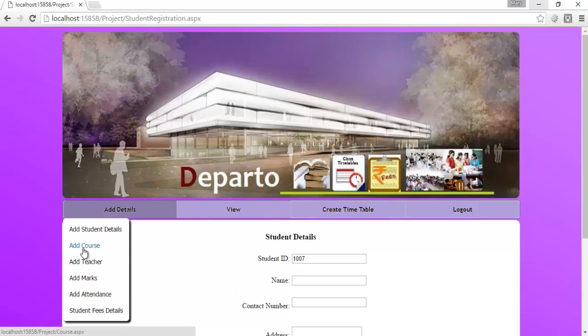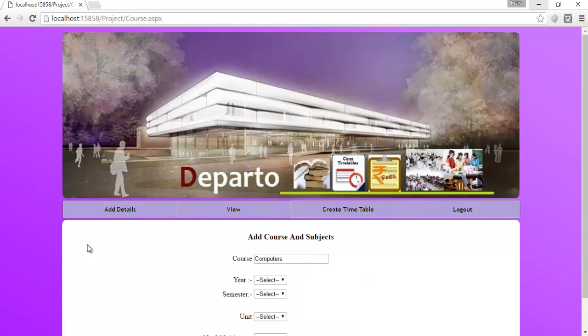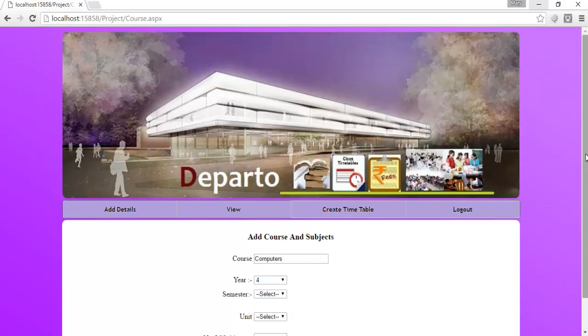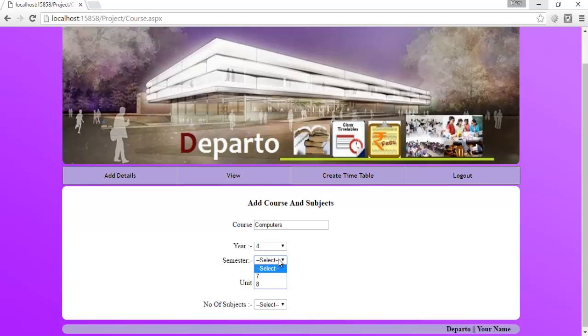Let's see the add course module. Over here, the course will be shown over here. This department is fetched by the system itself. He must specify the year and the semester in order to add the course and the subject details. So you must click onto the year. Suppose I am clicking onto 4, and you must specify the semester, which semester he wants to enter the subjects and the course details,